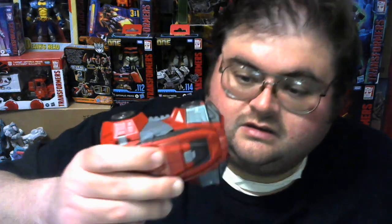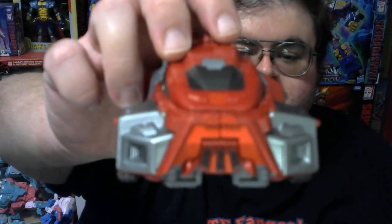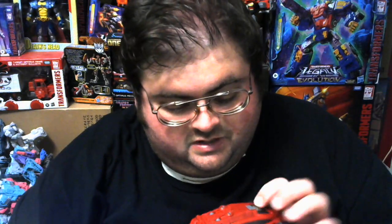So the newly sculpted parts from robot mode that Ironhide had, there's only one that really carries over here to his alt mode, and it was the bottom of his front torso. It makes the front center of Ironhide's front bumper for his alt mode look different compared to Ratchet. And then I'll bring out Ratchet in just a moment, but before I put Ironhide's weapons on,